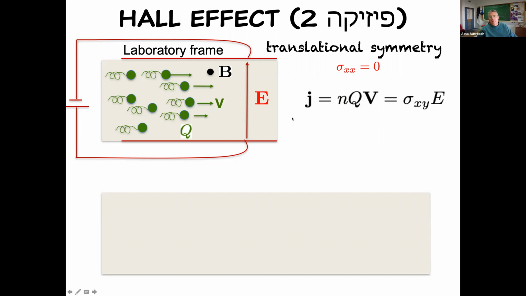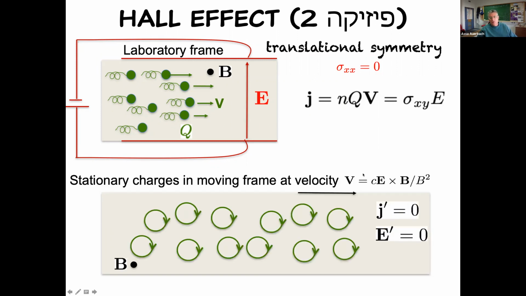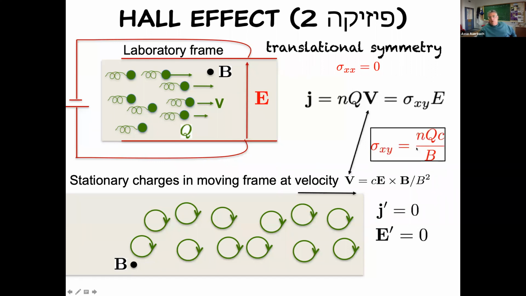In a moving frame with velocity v, we can tune the velocity such that the electric field vanishes. And that will give us a velocity which is E cross B divided by B squared times c, which is the Lorentz transformation needed to nullify the electric field. And then we get particles that just move in circles and don't move anywhere, so the current is zero in the moving frame. Going back to the laboratory frame and plugging in this value of v, we of course get